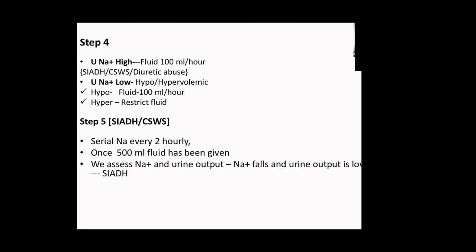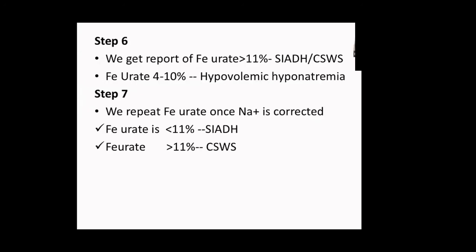I said, you just take the sample. If the lab is not accepting the sample, please keep that sample of baseline urinary FeUrate so we know the baseline. By then I ask the resident to start fluid 100 ml per hour. If after giving 500 ml over 4-5 hours the sodium starts decreasing, I know it is SIADH. If the sodium starts improving, I know it is salt wasting, and I ask the resident to give more and more fluid. If urine output is low, I know it is more in favor of SIADH. In salt wasting, the urine output will be high.